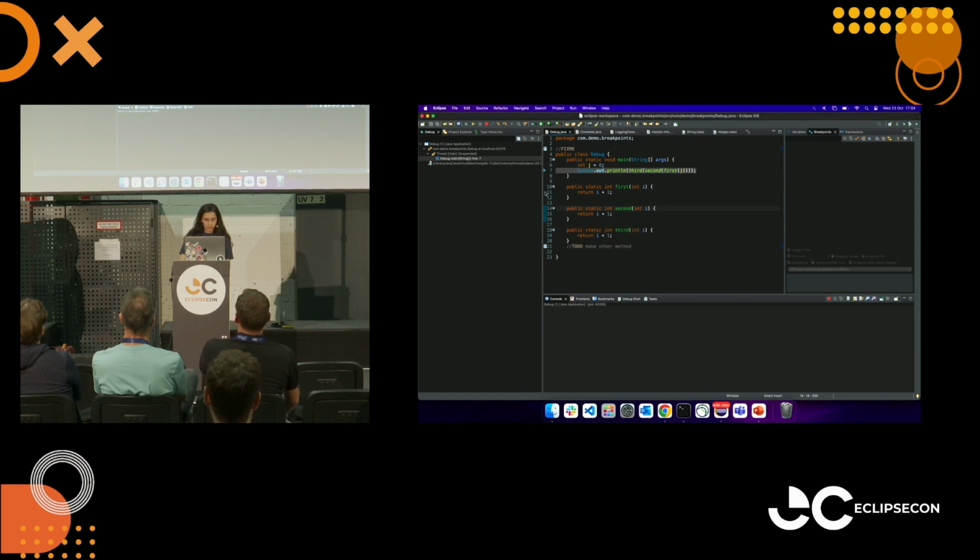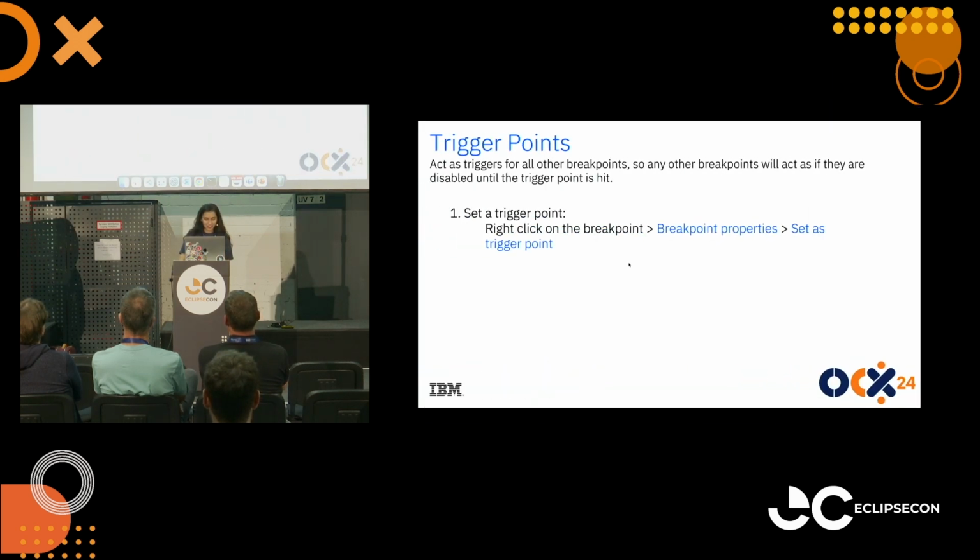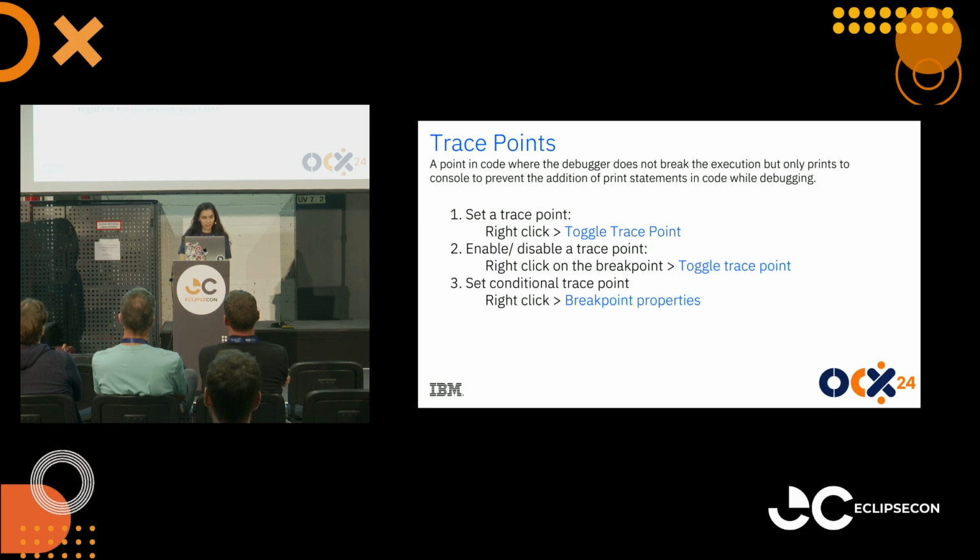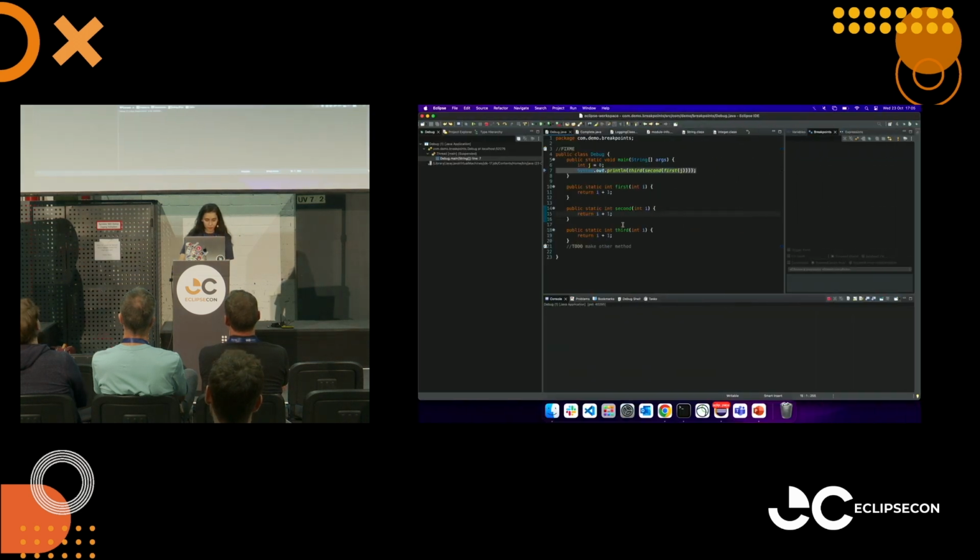Okay, and anyone familiar with trace points? Okay, so typically when I'm debugging, what I like to do is just make loads of system outs saying, yeah, this was run, this is this method, until I learned about trace points. So trace points stop you doing that, and it would just make traces in your debug saying what method and what class you're on. So if I right-click here and put toggle trace point,